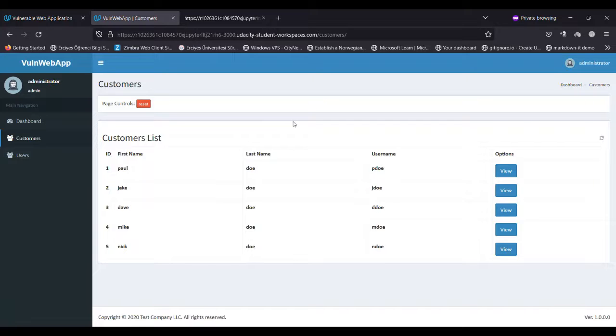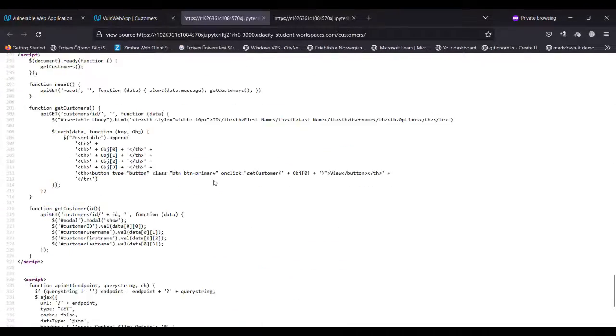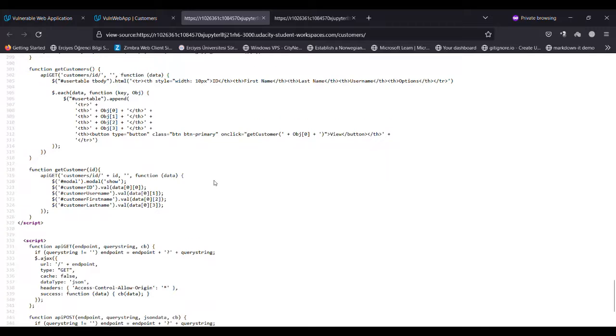So in order to figure this out, we can view the page source. We go down to the scripts and see the URL that it accepts. So over here, it takes customers, and then if I type the ID and the actual ID of the customer,